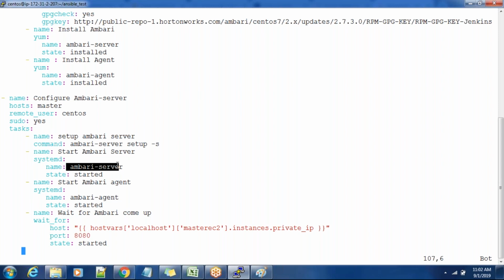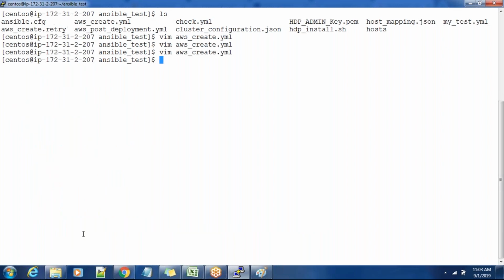Similarly, I need to start the Ambari server, then the Ambari agent. Then I need to wait until that machine is ready. Earlier I tried to use a variable, but I was not able to get it, so I use hostvars. For the localhost, I take the defined hostvars variable and use the private IP. I don't know whether this will work, and I will wait until port 8080 is open. Port 8080 is where the Ambari server is running. Then go ahead and save this and use ansible-playbook